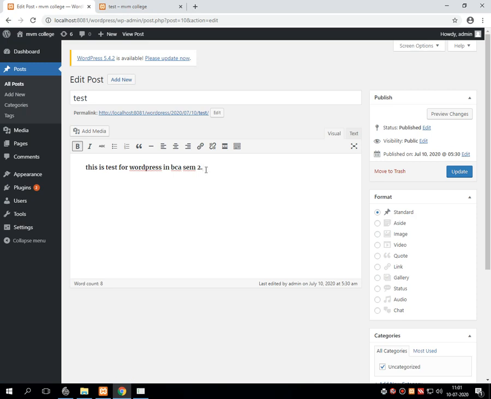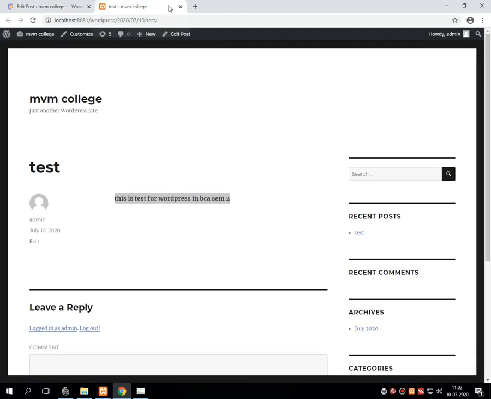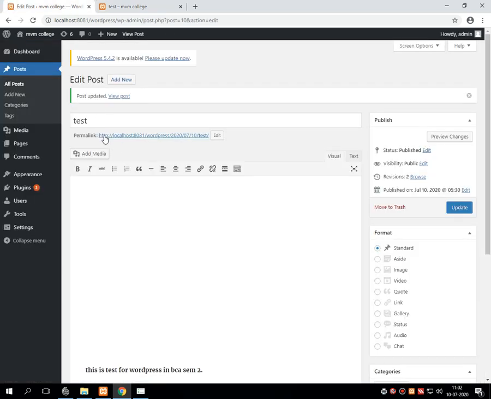Say for example, suppose I write one more text over here like hello students, and I update this particular post. Once the update gets completed, suppose I refresh the post which is available on the screen, it returns the post with the new content. This content is the older one and this is the updated content. So this post will display the old one and the new one. That is called edit.